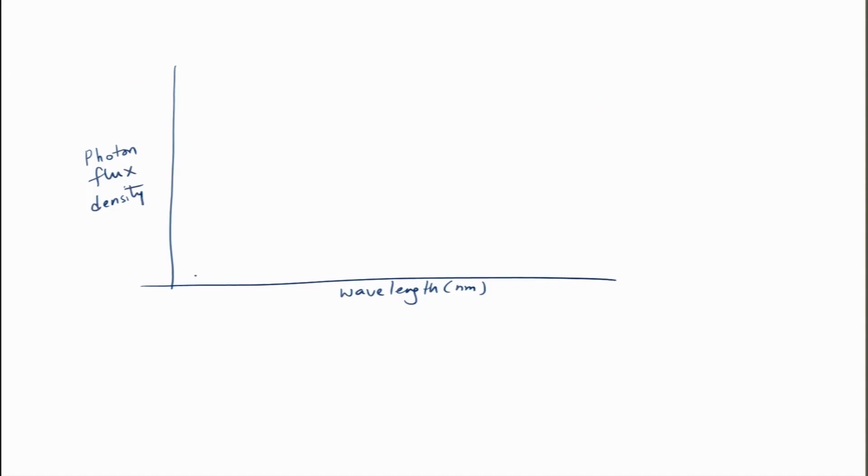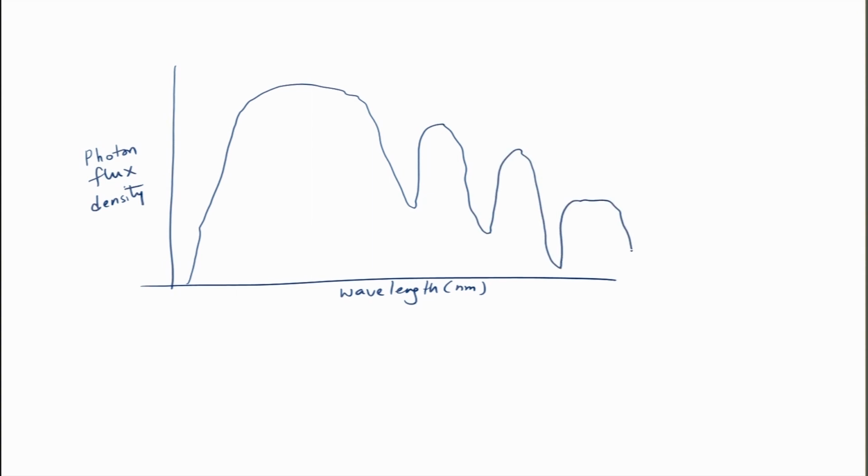So, photon flux density goes as something like that, right, and it goes to higher wavelengths. So, this is your photon flux, and these are absorption bands at different wavelengths. And so, the quantum efficiency, let us say you have a solar cell whose band gap is somewhere here. So, if this is the solar spectrum that is reaching the solar cell, the quantum efficiency of 100% would mean that